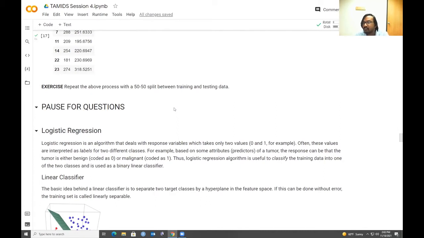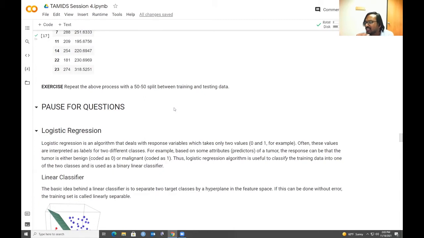For example, you have observations on patients, and then your response is whether the patient has a benign tumor or a malignant tumor. So in these cases, you cannot really perform a multiple linear regression or a simple linear regression. Because suppose the response variable only takes values 0 and 1, and it only makes sense when they have values 0 and 1. How do you even interpret a predicted value of 0.34?